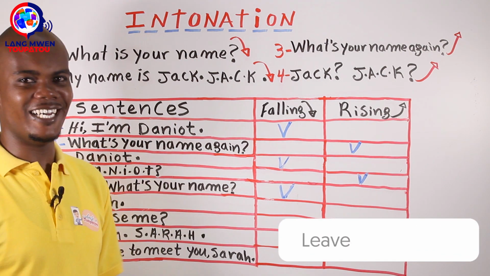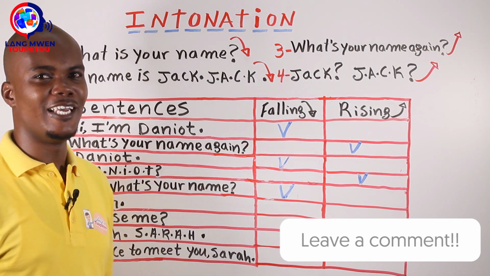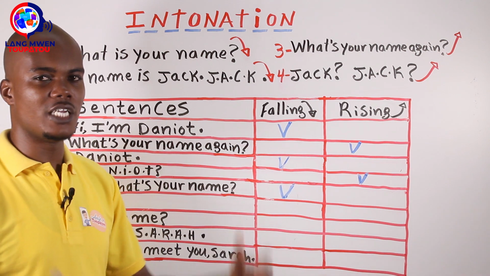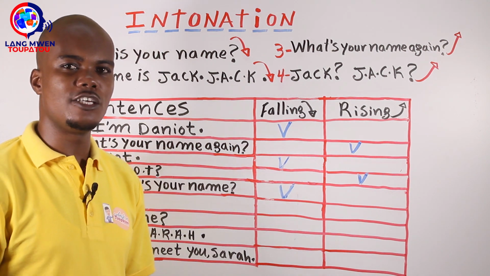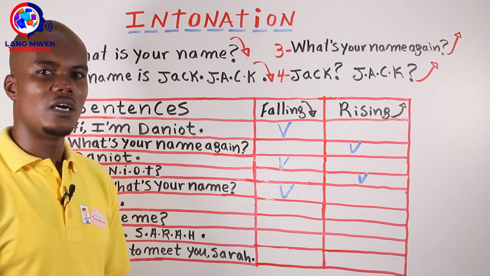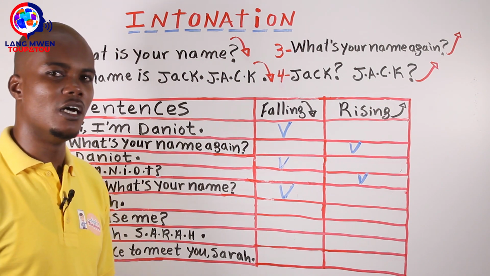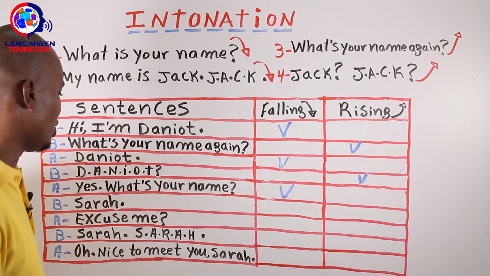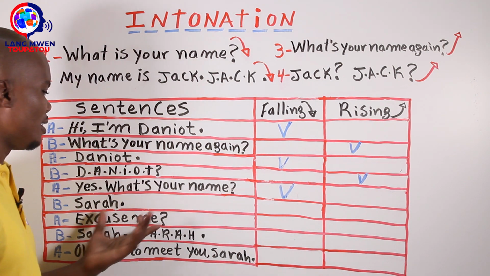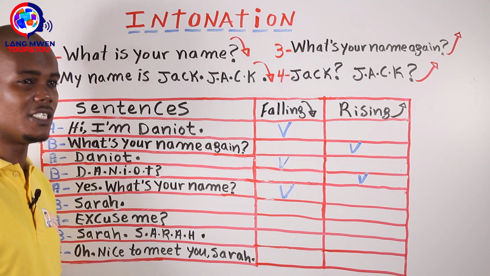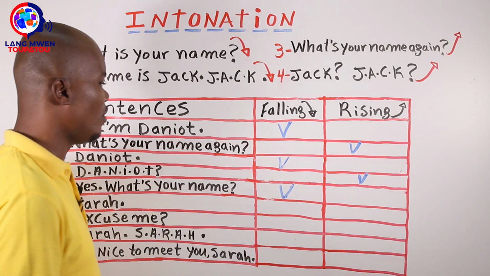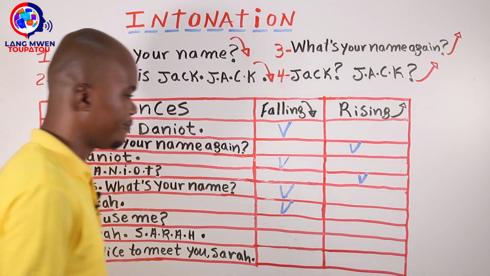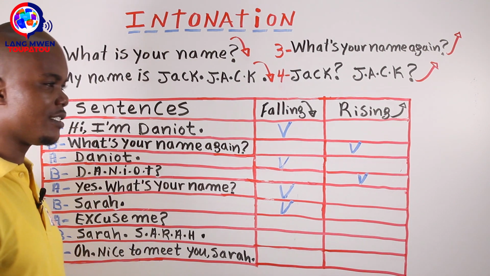Comment below. I'd like to see your answer. If you understand how to use falling and rising intonation, this is the reason why I'd like you to comment. Comment below and say falling or rising intonation. Yeah, it's a falling intonation because they say Sarah. It's a falling intonation, guys. And next is